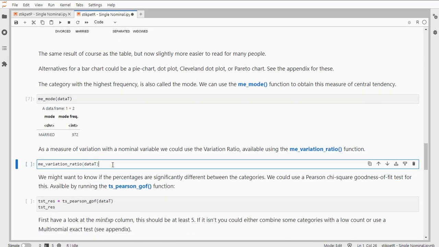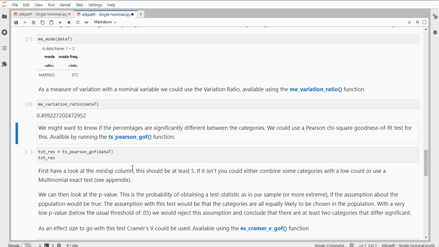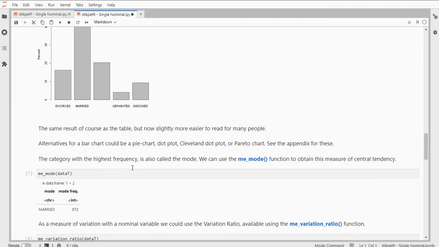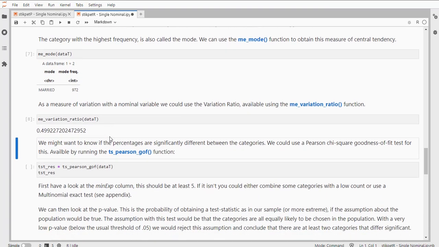There are a lot of measures of variation for qualitative variation. I have one function that has about 20 of them. It's in the appendix below, but the variation ratio might be the most commonly used one, so you might want to report that as well. Now, to test if these proportions or these counts are significantly different overall, we could use,